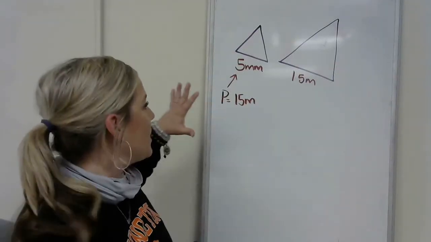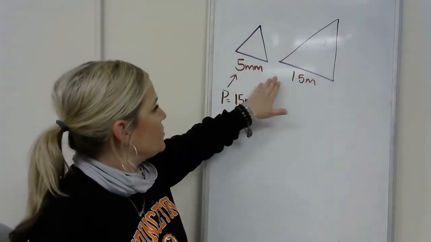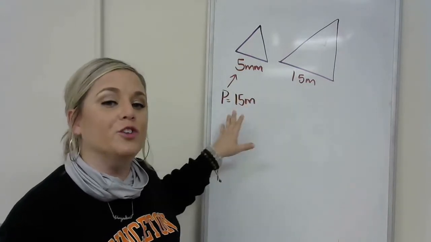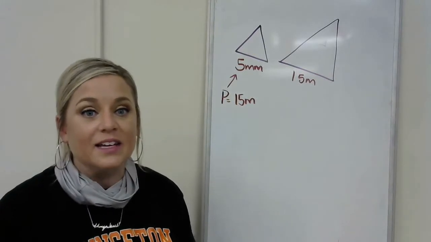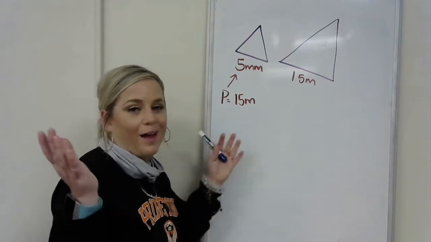Okay, so right here we have two triangles. This one measures 5 millimeters, and this measures 15 millimeters, and we do know that the perimeter of this triangle right here is 15 millimeters. Sorry, that should be 15 millimeters. Now, I don't care about